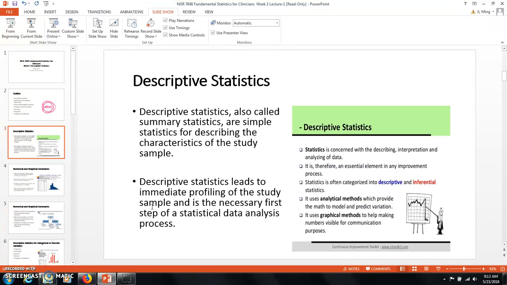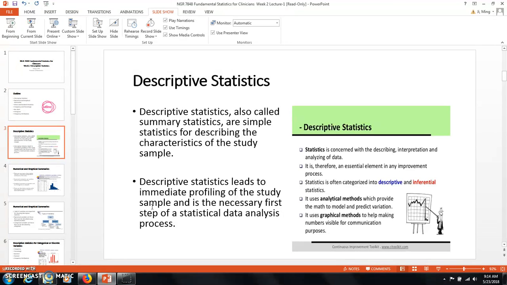Descriptive statistics, also called summary statistics, are simple statistics for describing the characteristics of the study sample. Once we complete our study and finish our measurement, we get data on our study sample. The first job for our data analysis is to just see what kind of study sample we have got. Descriptive statistics leads to immediate profiling of the study sample and is the necessary first step of a